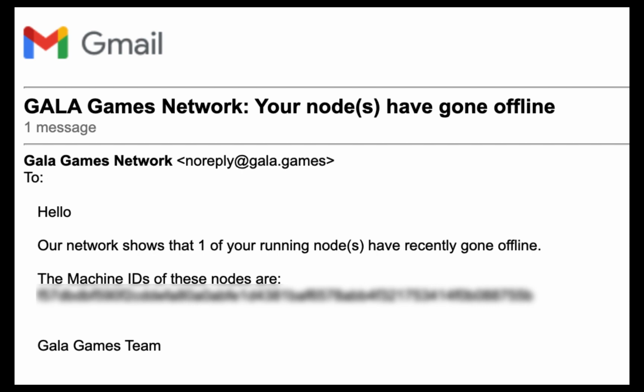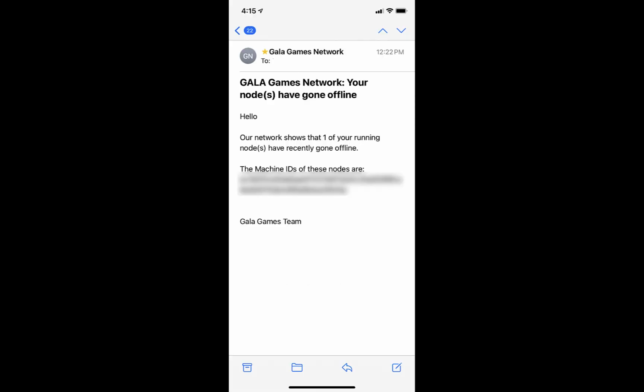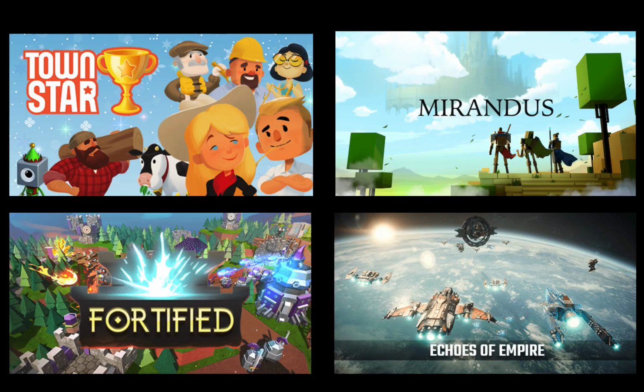If your Gala Games node goes offline, you will now get an email. With this notification, you can quickly fix things and get your node back online. But what do you do if you're not home when you get that email? Running Gala Games nodes earns you Gala cryptocurrency daily and a chance to receive NFTs from across the Gala Games